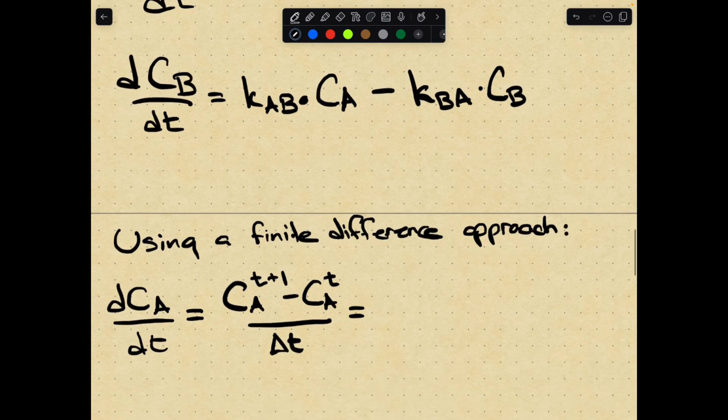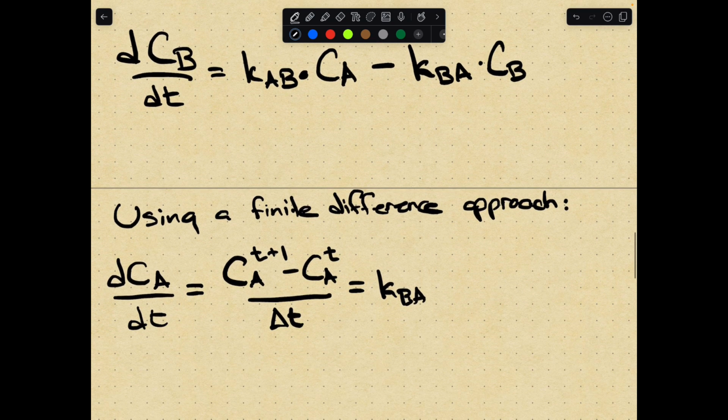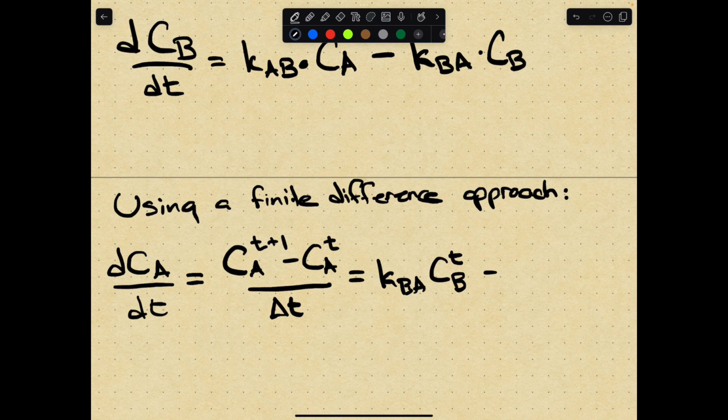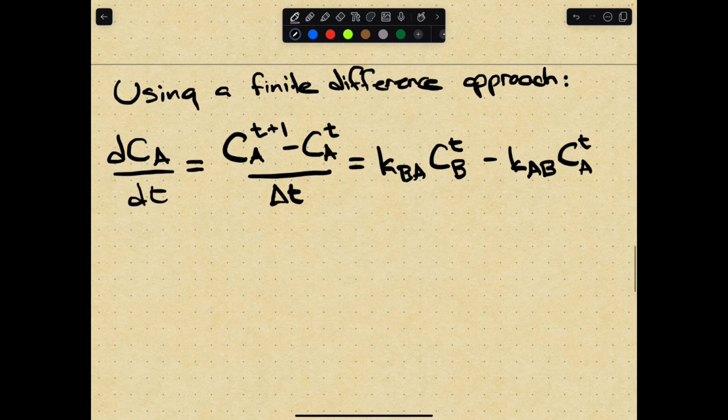So I'll say that this is KBA times CB at time t minus KAB times CA at time t. Okay. So similarly,